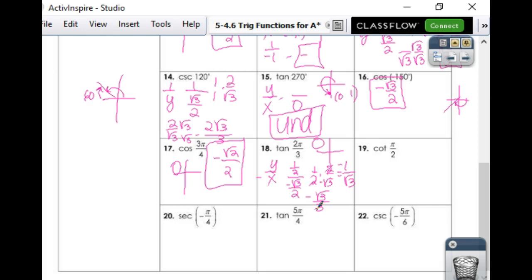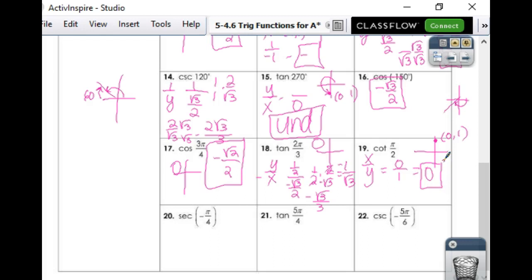Pi over 2. Taylor. She's not here. Never mind. I know. I was going to get her. She wasn't here. Gabby. Pi over 2. So what is the tangent equal to? X over y. And at pi over 2, what are my values? So x is and y is. So my value is